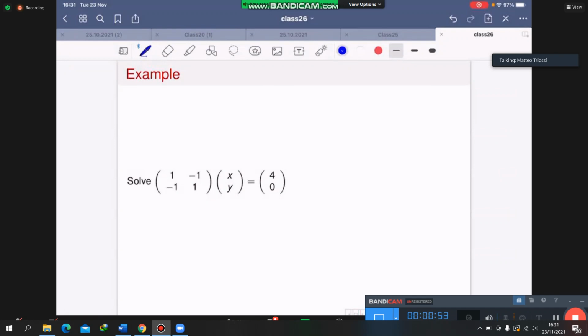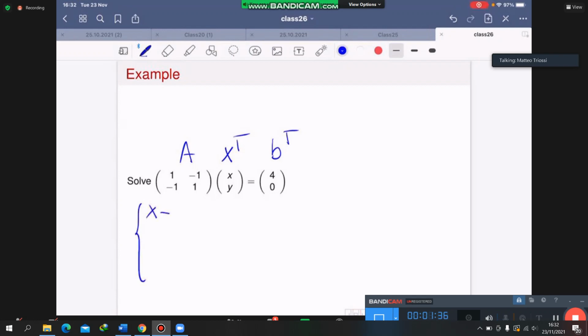Now we have another kind of example to get you closer to the argument of the matrix part of this course. Consider this equation. Here it's your A, and here it's your x^T, and here it's your b^T. This is a system. It's the following system: